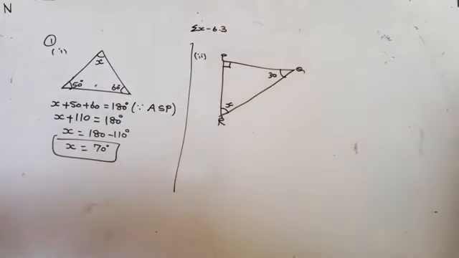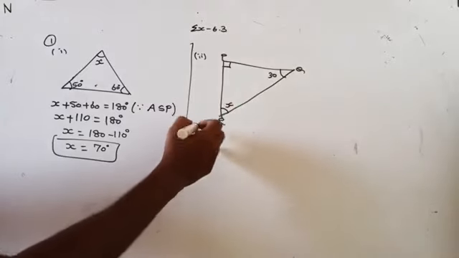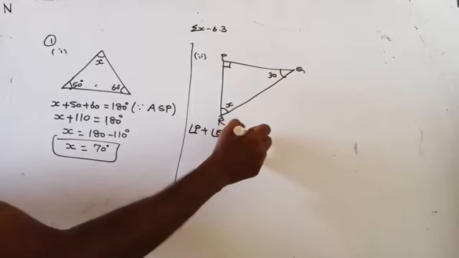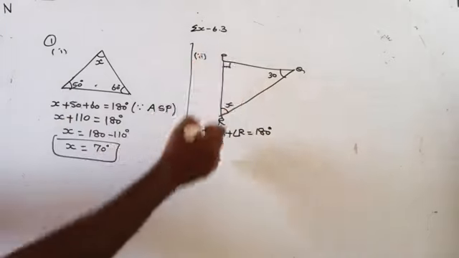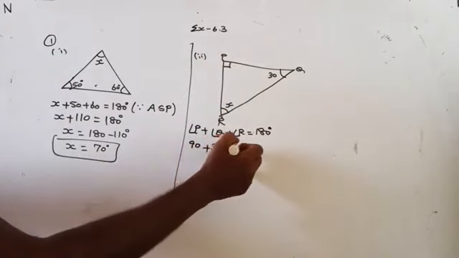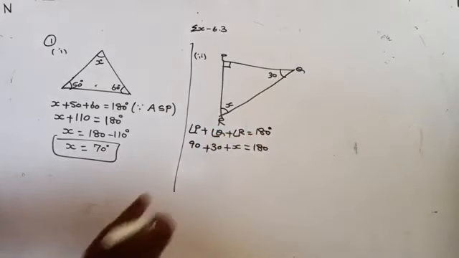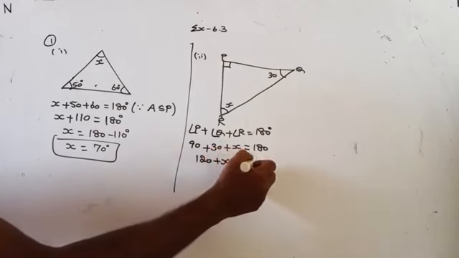So we know that the sum of all interior angles of a triangle is what? 180 degrees. Here we are trying to find the value of unknown x. So angle P plus angle Q plus angle R is equal to 180 degrees. Angle P is how much, given to you? 90. Angle Q is 30. Angle R is x. That is equal to 180 degrees. Now 90 plus 30 is how much, dear? 120 degrees, plus x is equal to 180 degrees.